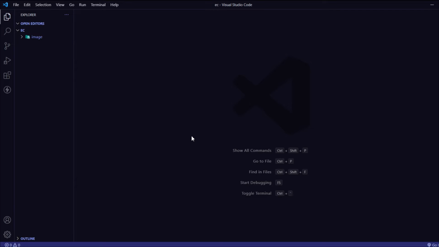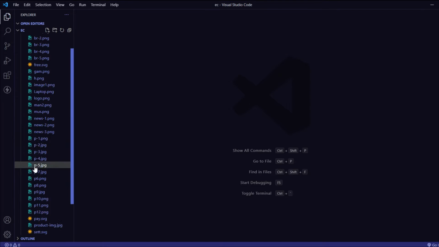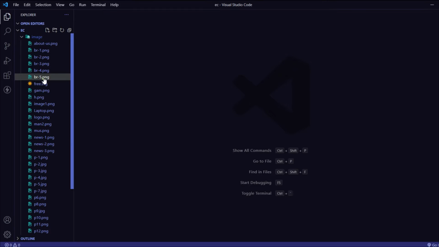Here you are in my code editor, and the code editor I'm using is Visual Studio Code. You can literally pick any code editor, the one you like. So as of now you can see that I haven't written a single piece of code for this project. All I have is a folder. Inside this I have my images, and that's it. Before I move ahead into this project, let me create the 3 files which are actually required for this project: